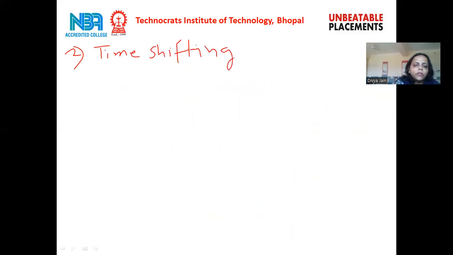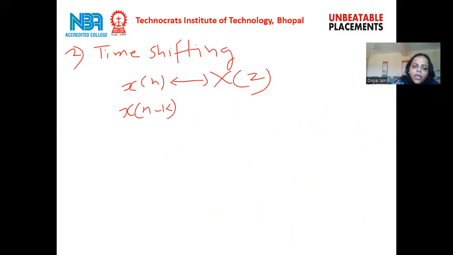Time shifting property. The statement of the time shifting property is that if the Z transform of x[n] is X(z), then the Z transform of x[n minus k] is z to the power minus k times X(z). So the proof of this property is